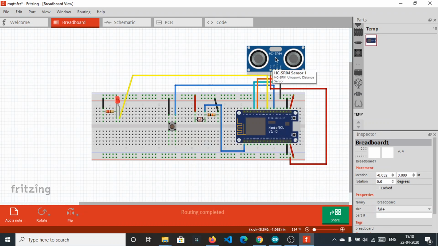So we have used an ultrasonic sensor, and this is a push button which is placed on the electric pole. This push button is basically the panic button, and apart from it we have this LDR sensor. I'm using this LDR sensor to basically detect the brightness, so that we can catch if it is day or night, so that the street light will be turned on accordingly.